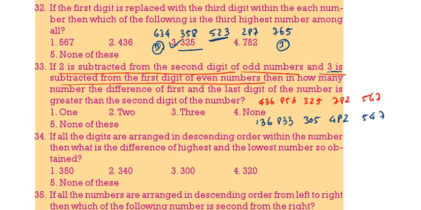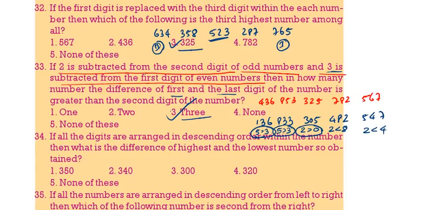Then what is given? How many numbers is the difference of the first and last greater than the second? The difference of first and last, that means 6 minus 1 is 5, is greater than second. So here 5 is greater than 3. Here 8 minus 3, 5. Again 5 is greater than 3. 3 minus 5, the difference is 2. 2 is greater than 0. 2 is less than 8. 2 is less than 4. So in how many numbers is it greater? 1, 2, 3. So totally 3 numbers. 3 is the correct answer. Then see the next one.